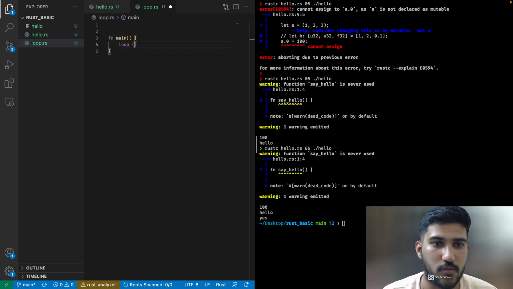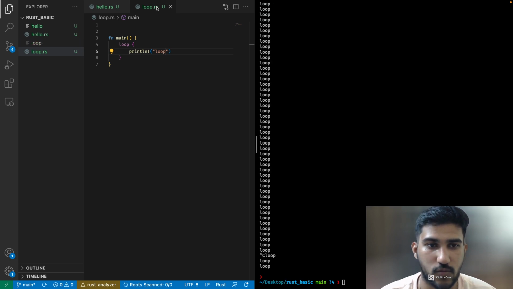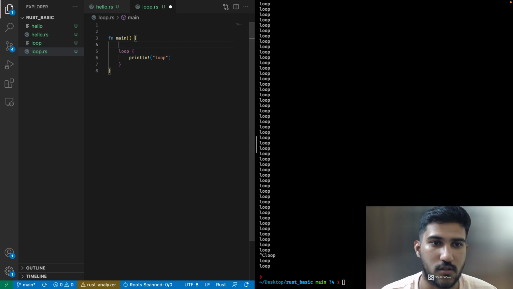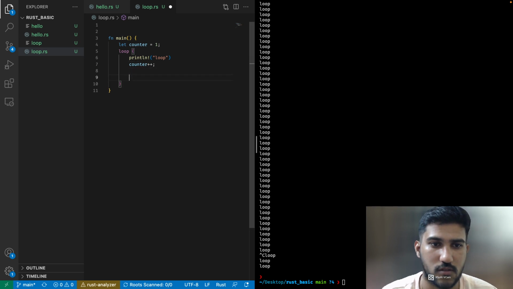So I'll say loop, println and loop. Let's actually run this. Hello loop.rs. So it has an infinite loop. So let's add a counter here. Counter 1 and counter plus plus. And so if counter is equal to 3,